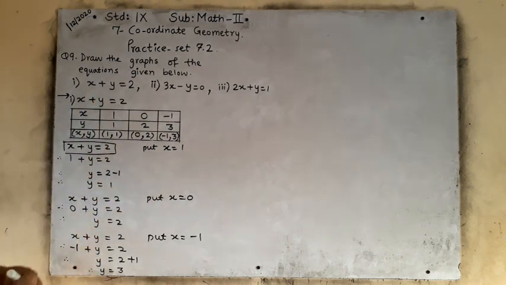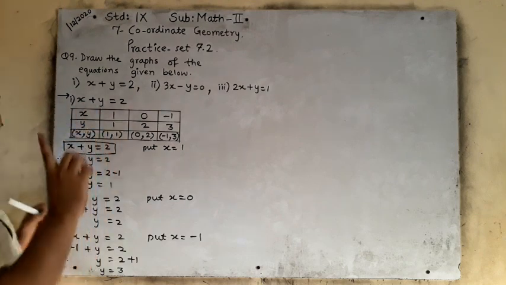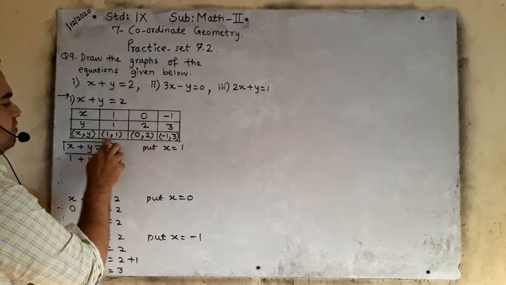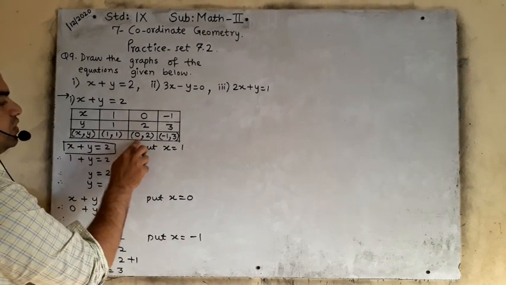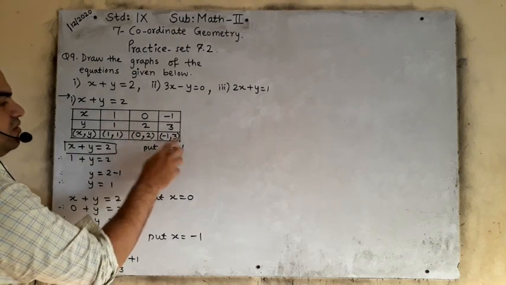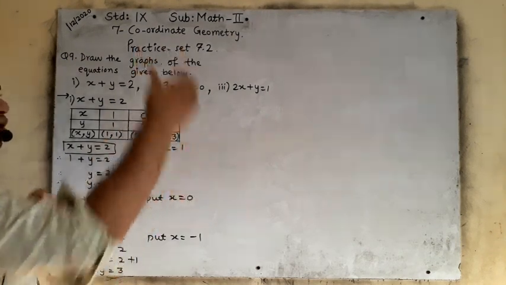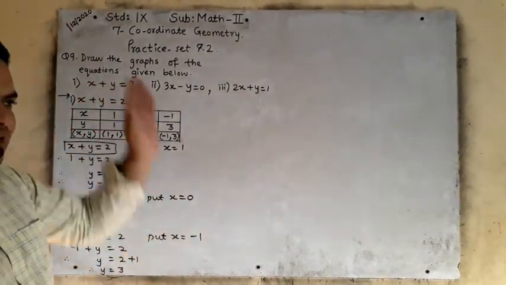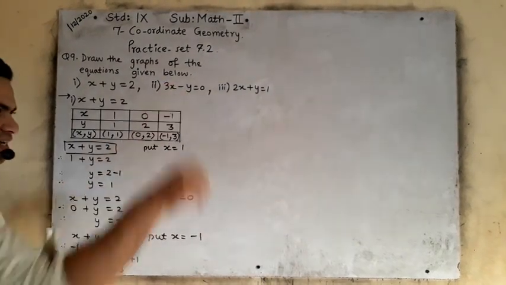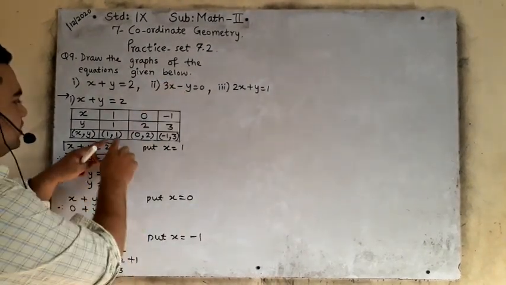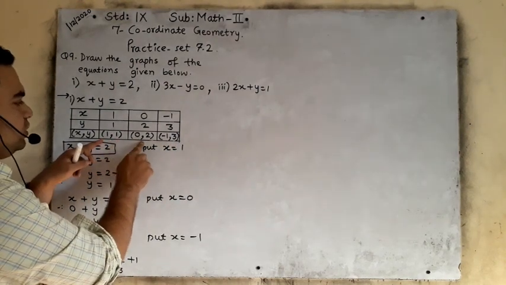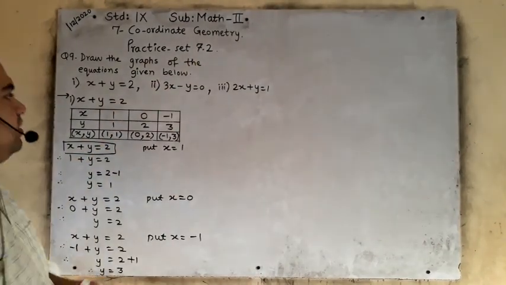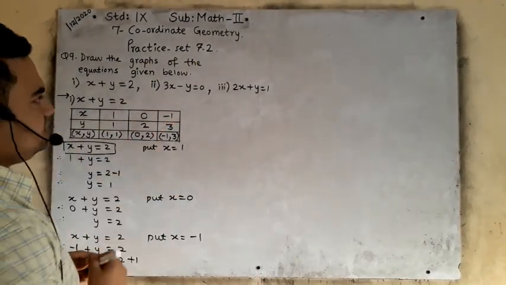Okay, so now you have solved the first equation. You got the coordinates here: 1, 1 first coordinate; 0, 2 second coordinate; -1, 3 third coordinate. So these points you will plot in the graph. You have to make a graph, x axis, y axis, and then you have to show these points on that graph. Is it clear? You have to plot these three coordinates. See, 3 points, 1, 2 and 3. These coordinates you have to show on the graph. So now we will solve the second one like this. See here, the second one also.